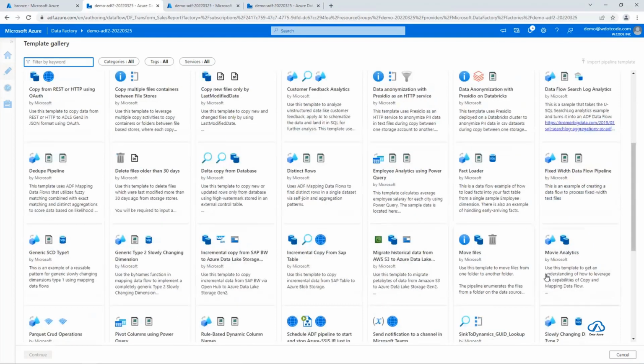I did see it a little while ago. Oh, right here, slowly changing dimension SCD type 2. So you can follow this example there. Okay,